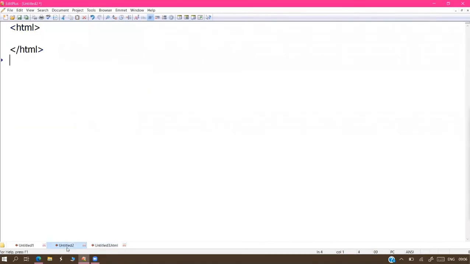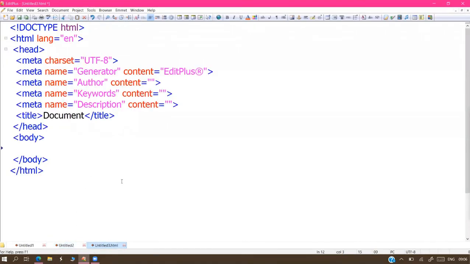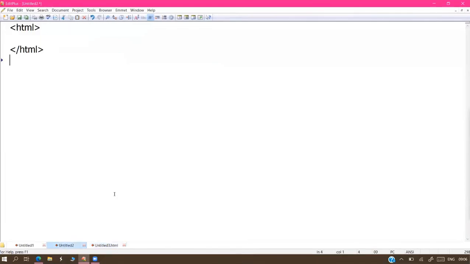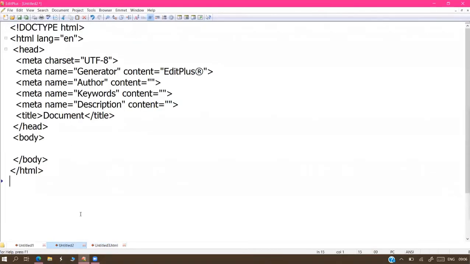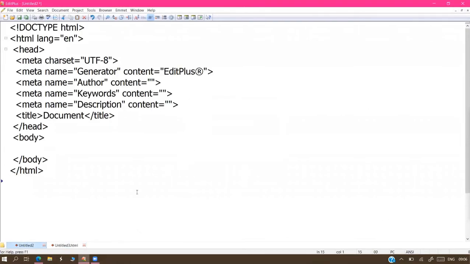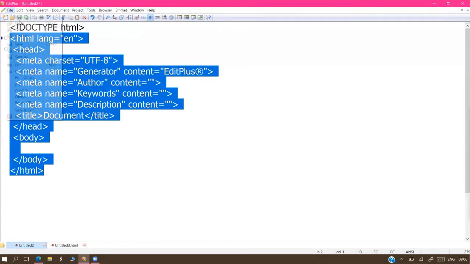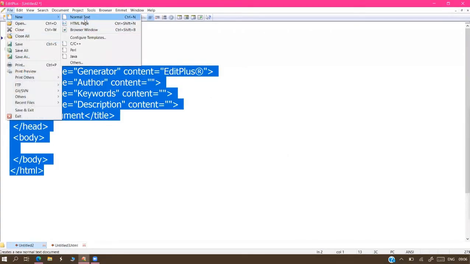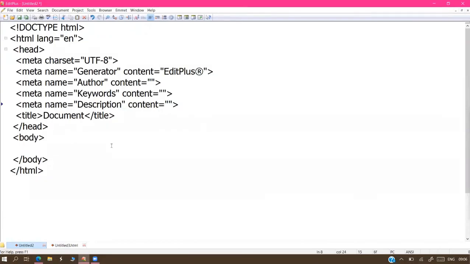This program is without colors, this program is with colors. It is based on the file you choose, based on the extension. Otherwise, if you save the program once, colors come automatically.